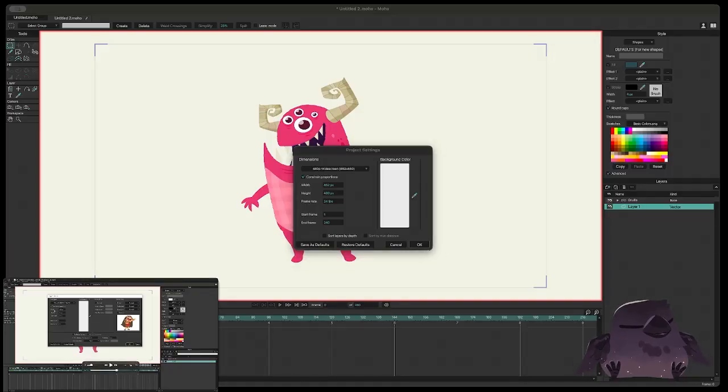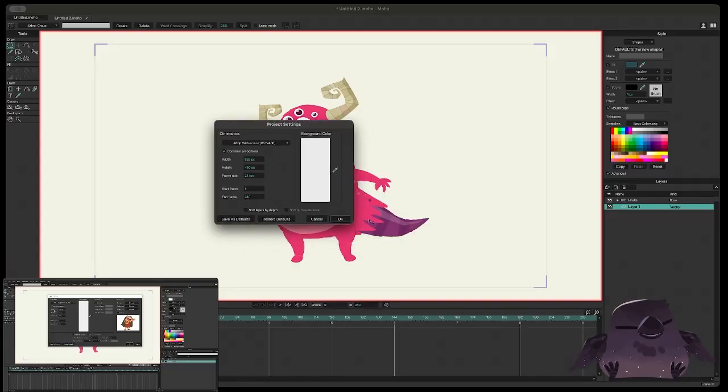Wait, what? Why does mine look different? Wait, he's got like... tricked out. Wait, let me set the settings the same. Okay, he's got the 720p. I got the widescreen P. What? Fine, whatever. We'll just